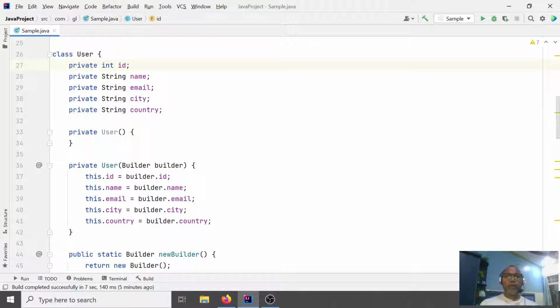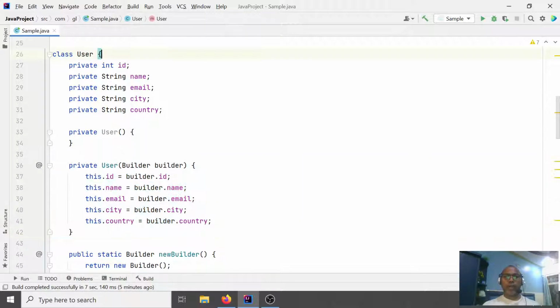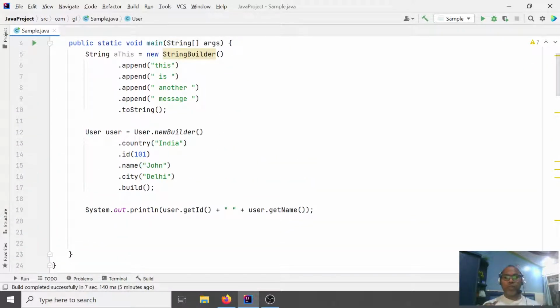Similarly, you can also provide a private constructor. All the constructors should be private so that no other user is able to create the class. So I hope this is the easiest way to put it.